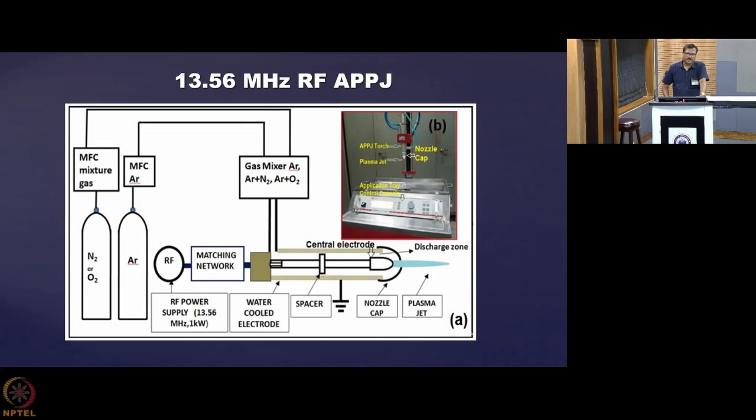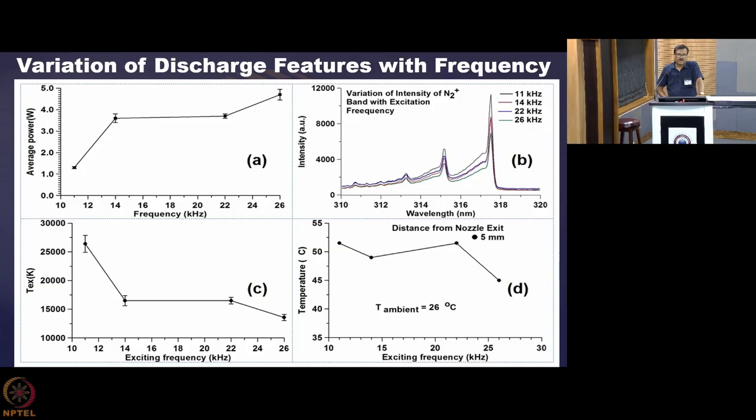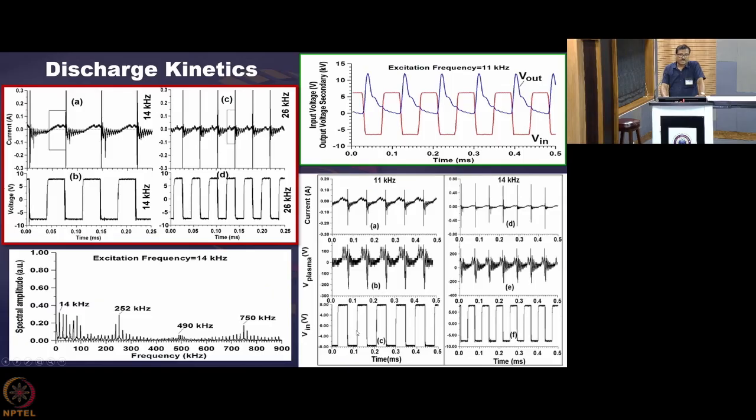So apart from that, there are other cold plasma devices. Here this one is operating at 13.56 megahertz, and the earlier one that you are seeing here is in the kilohertz regime. You see that the excitation frequency started from 15 kilohertz, 20 kilohertz, 25 kilohertz, and the whole range of frequency can extend up to say 800 kilohertz, but anyway limited to a region which is less than 1 megahertz.